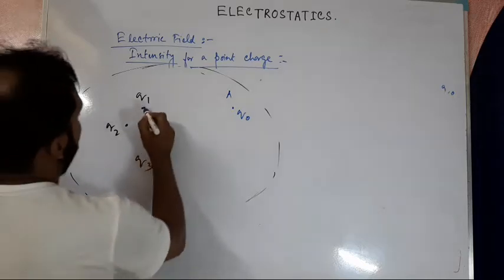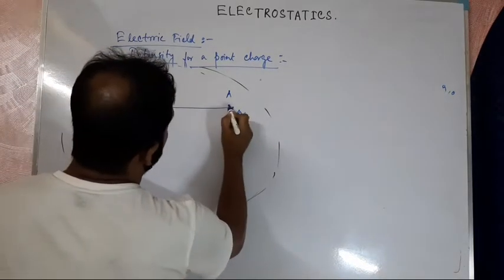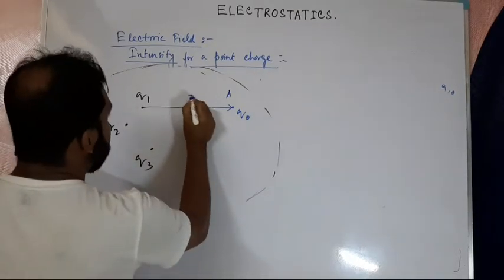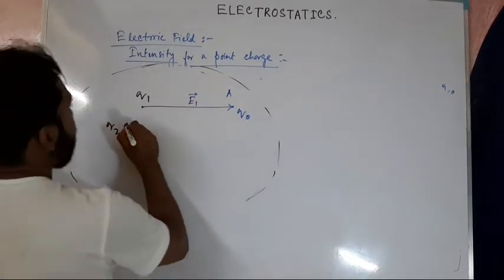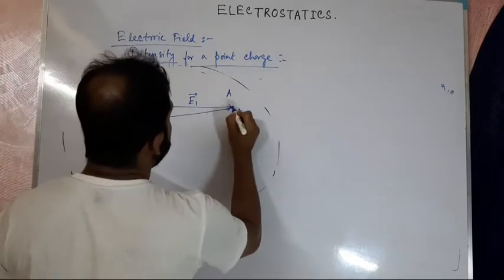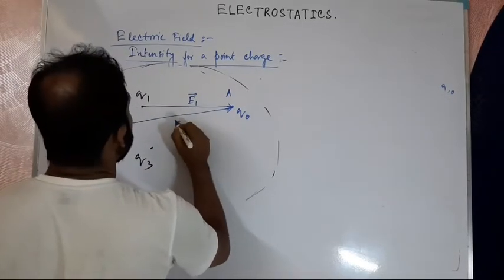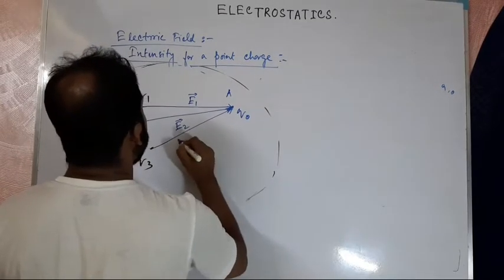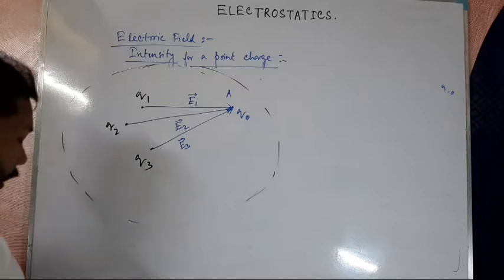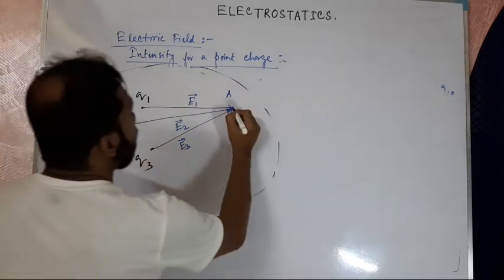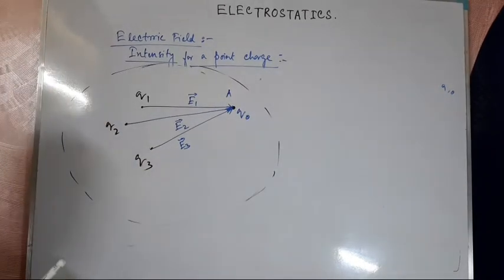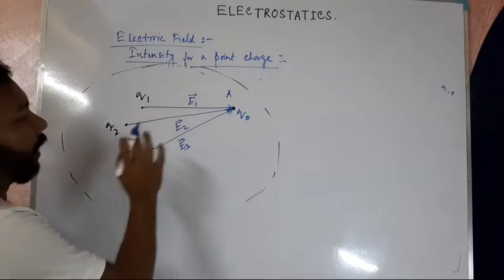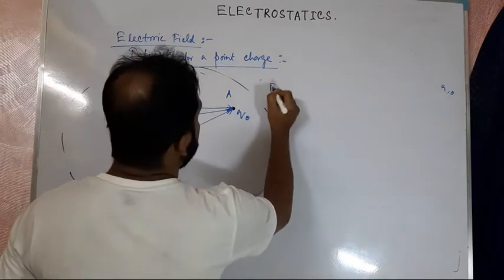We can say that if Q1 produces a field E1, Q2 produces a field E2, and Q3 produces a field E3 at that very position A, and so on, then the net field at A will be